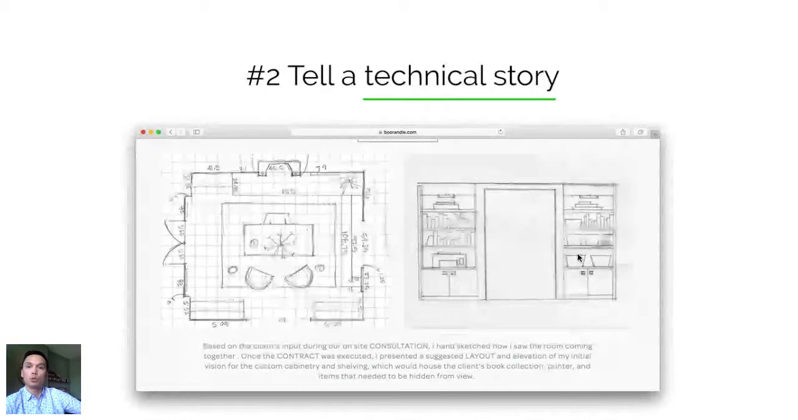in which you identify the challenge. Right, you identify the parameters of the project, and then you tell them how you solved the problem. And you get a little bit technical. You bring them a little bit in behind the scenes to what you had to do technically to create this solution. And what we're looking at here is a page on a website of Boo Randall,